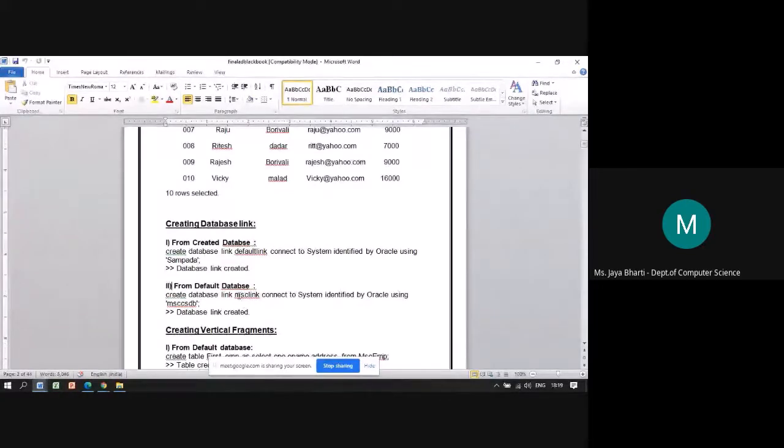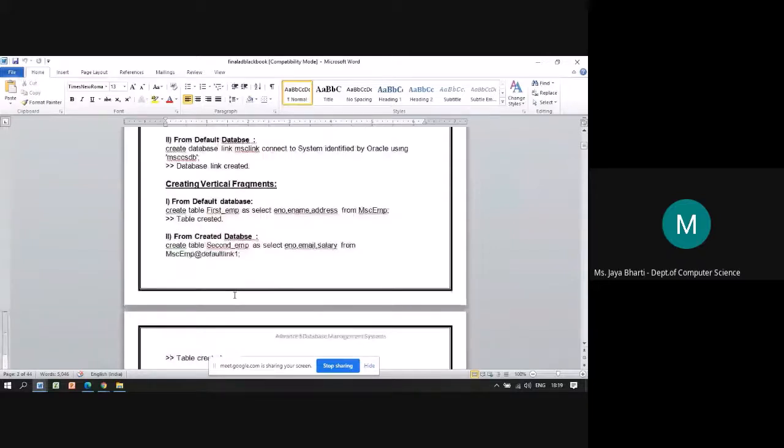Here we have specified the link name as MSC link, connect to system identified by Oracle using the database name, to which database you want to create a link. So MSC CSTP. If the credentials using this username, password, everything is correct, you will get the message database link is created. Once the link is created, what you will do?